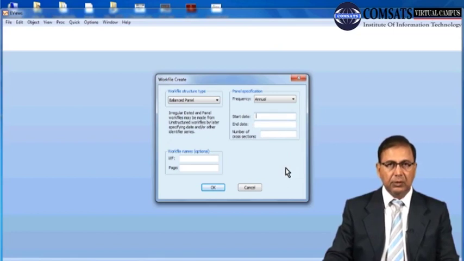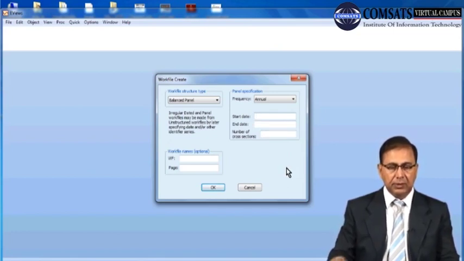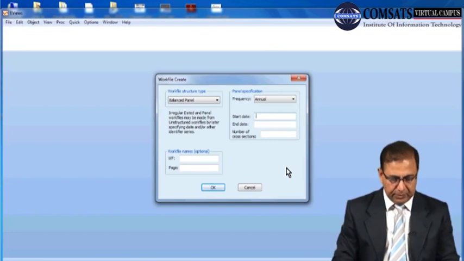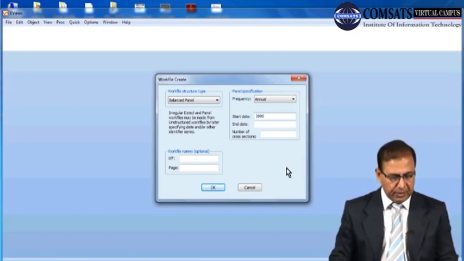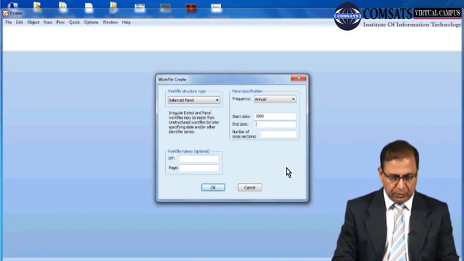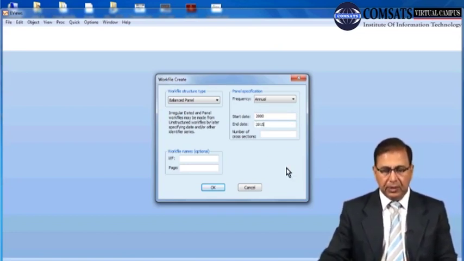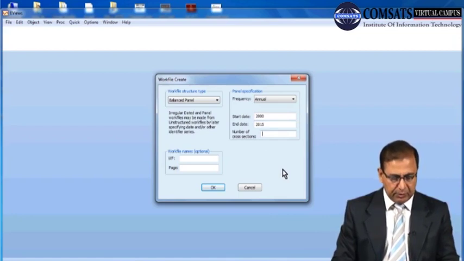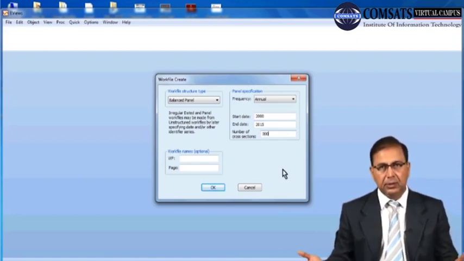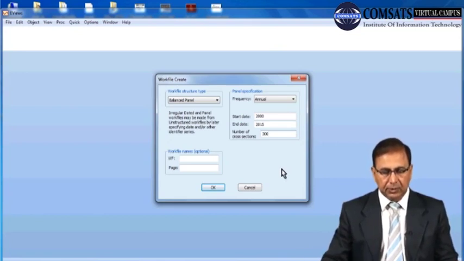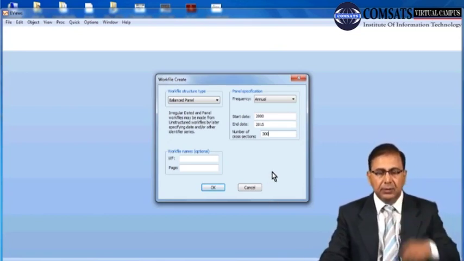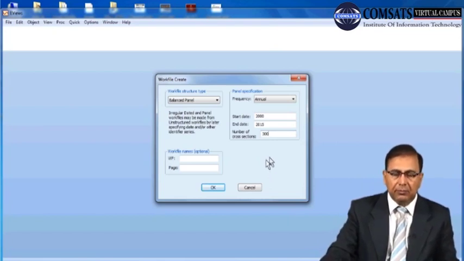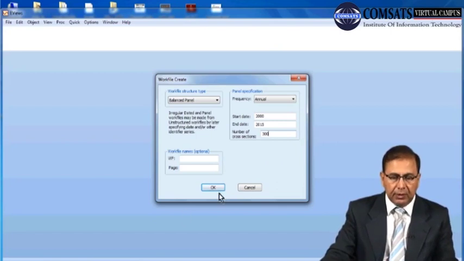So for 30 computers, I want to analyze the performance from, say, the year 2000 to 2015, but in the balanced panel data I have to mention the number of computers. Suppose I want not 30 but 300 computers. So the number of cross sections means the number of entities which you want to analyze. So if I put OK,